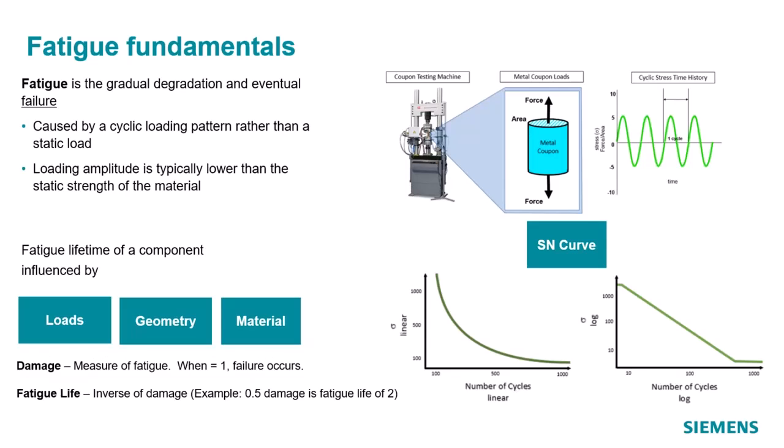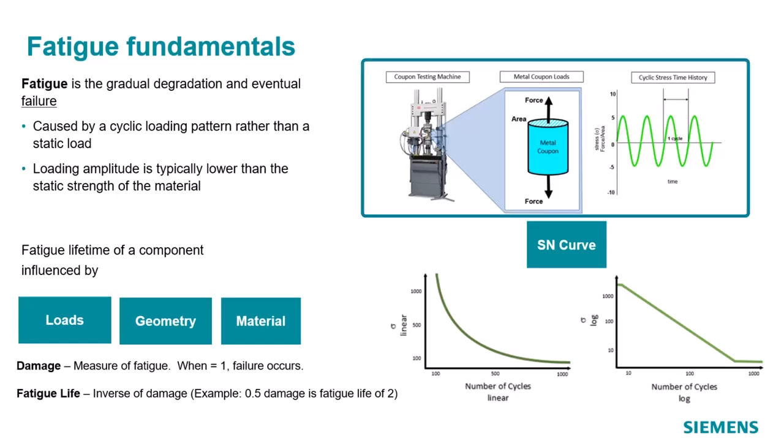One of the influencing factors for the fatigue life is the material and its properties. So to determine the material properties due to the cyclical loading, typically a test called coupon testing is performed. So shown here is such a testing machine. In this testing machine, a coupon, a test specimen, is put in there, and then it is subjected to some cyclical loading, which has some pattern like this.